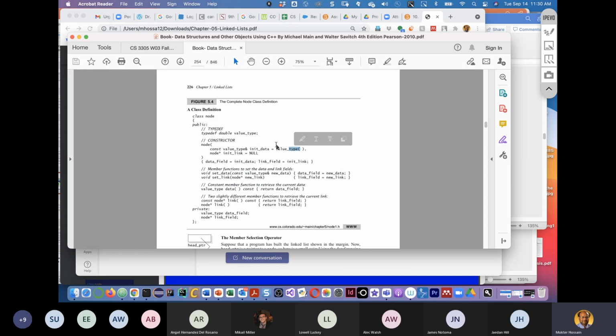By the value_type constructor. Value_type is actually defined within the C++ standard library. This is the value_type constructor. Initially, when we create a node, we create it with empty